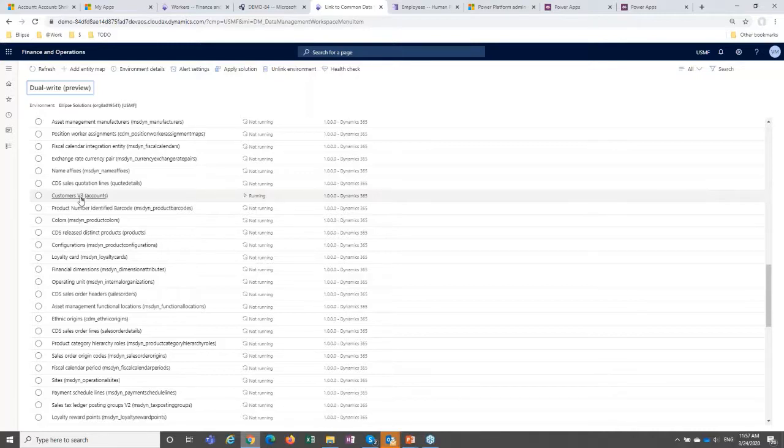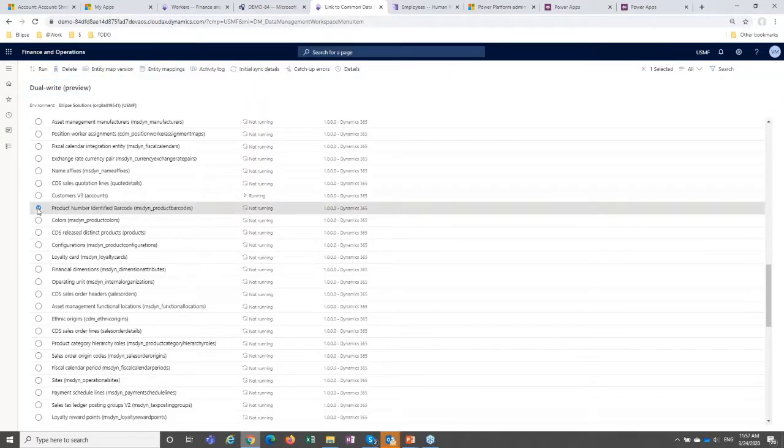So what the dual write suggests here, when you click run, I should check it first. Here you go. So when I click run, the dual write suggests the list of the entities that have to be synchronized prior to your data entity. So that is done for you. All you have to do is to run the initial synchronization for those entities. And when the initial synchronization is over, they stay in the running mode, and that's when you can start synchronizing your main data entity, like I did with the customers, right?